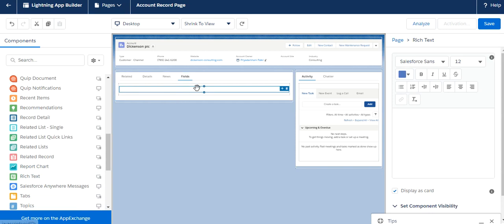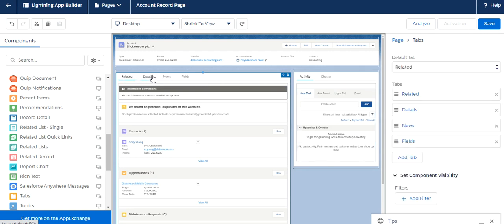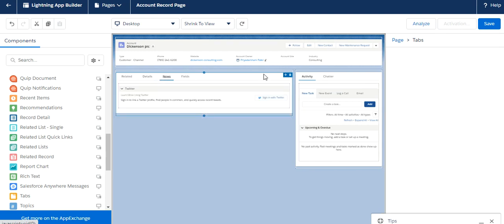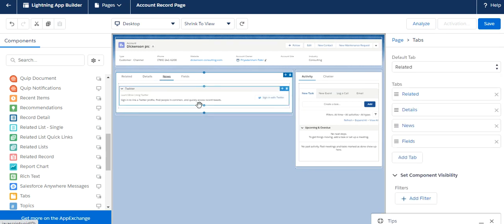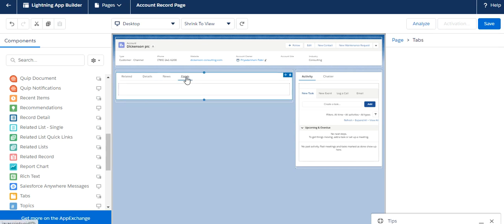Okay, so this is the way we can modify the page, how we can customize the page according to our need. And if we want to remove any of the components, we can delete it from here. If we want to remove any tab, then we can do it from here.